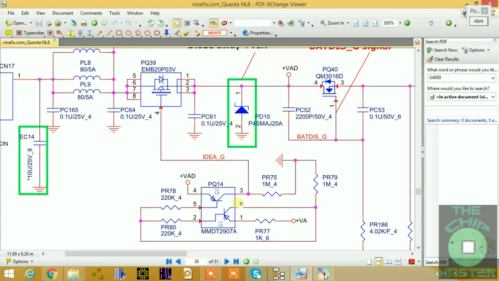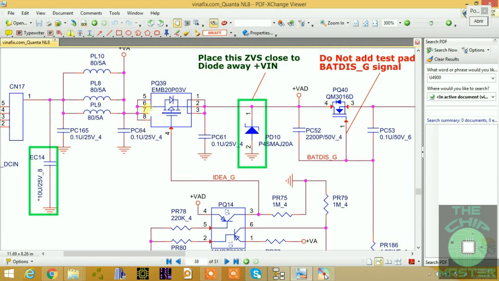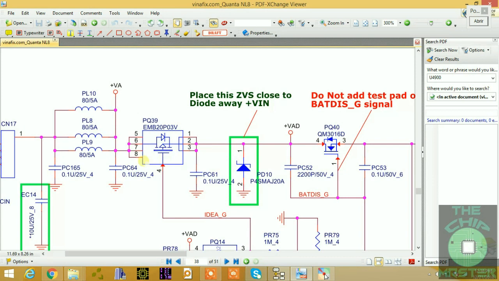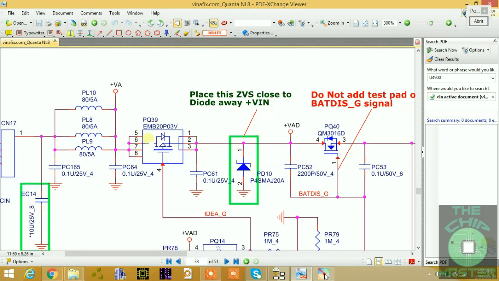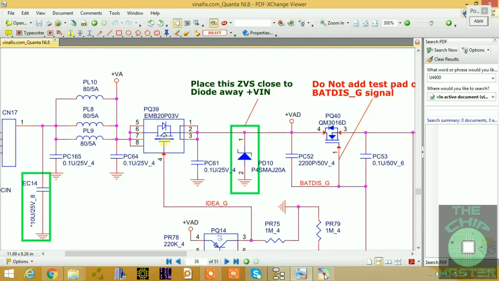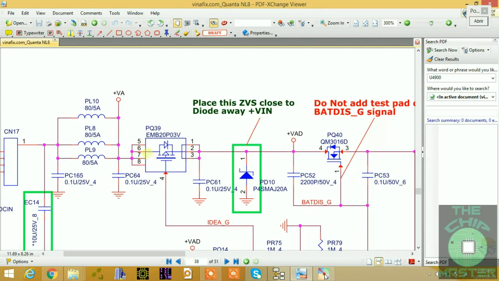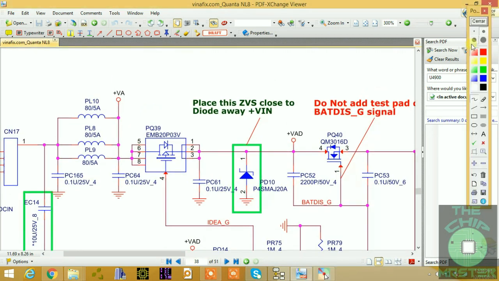All right, so this is a MOSFET. Now after coming through here, it is coming through this MOSFET PQ39, right? PQ39, as you can see, is a PNP MOSFET, as you can see the arrow is pointing outward from the gate. This is going from drain to source. As you can see, there is a body diode inside. Here's the diode. So when this 19 volt comes through, it will come through this body diode and exit through the source. So no matter what voltage the gate is on this MOSFET, it will just flow the 18 volt,